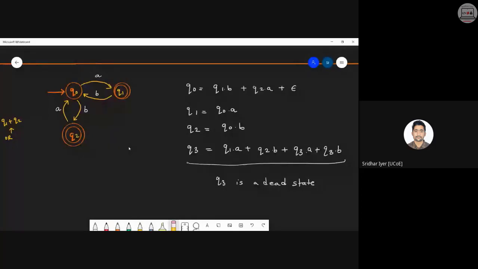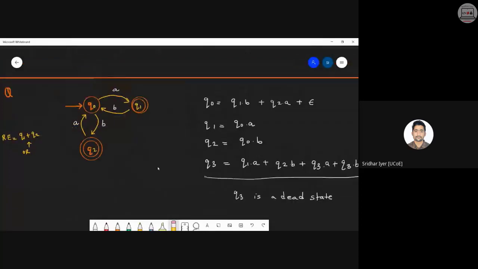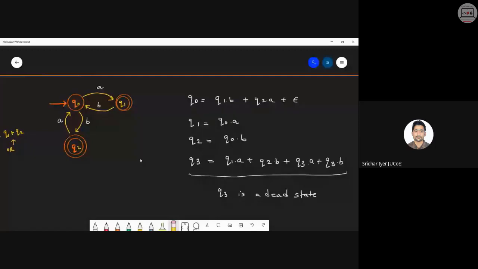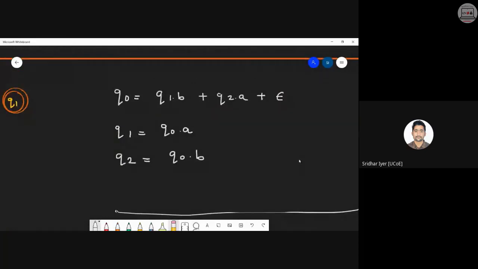Hence, वापस आपको redraw करना पड़ेगा diagram and it will look something like this. So I'm getting rid of this Q3 from here because we don't want this Q3 anymore. Clear? You can see that any of the above states, it is not having Q3 in between. किसी में भी Q3 नहीं है expression में. So we can safely get rid of that Q3. In case किधर भी Q3 का यहाँ पे recall होता, so we would have to substitute the Q3 value over here. But that is not the case over here because we don't have Q3 in any of these expressions. So we can safely get rid of that Q3. समझा अभी सबको क्या किया?